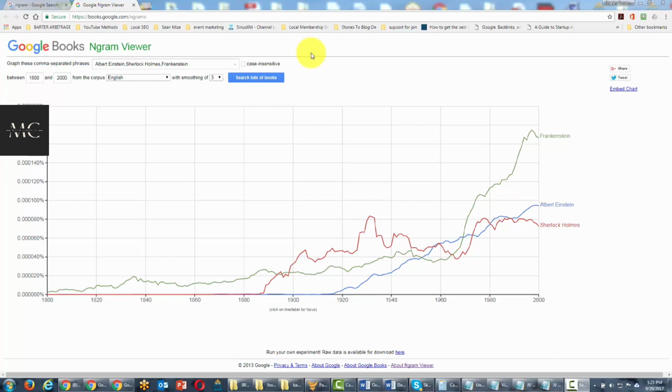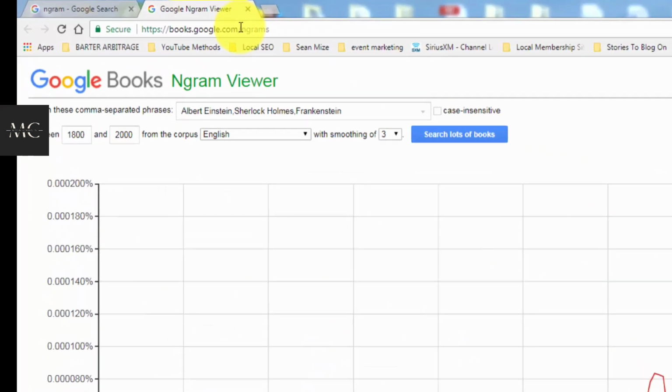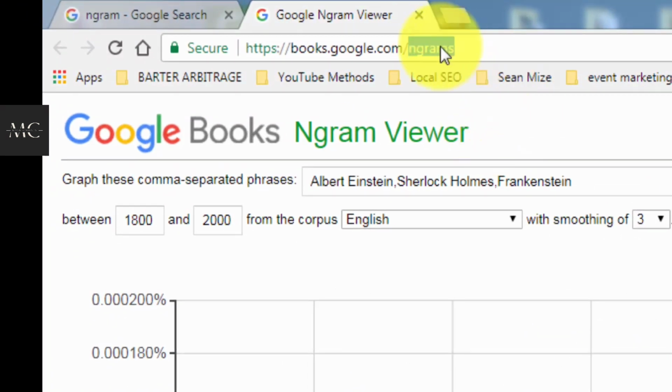Welcome back. You are now looking at Google Books Ngram Viewer. You can visit this site at books.google.com/ngrams. It's spelled a little weird. You'll have to type in the letter N, then